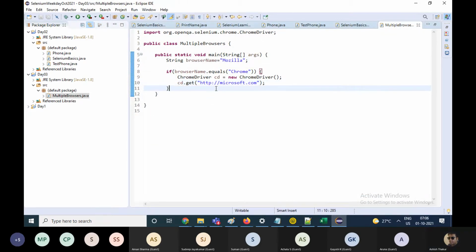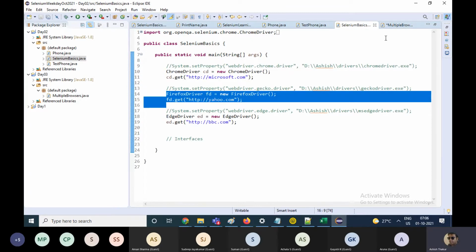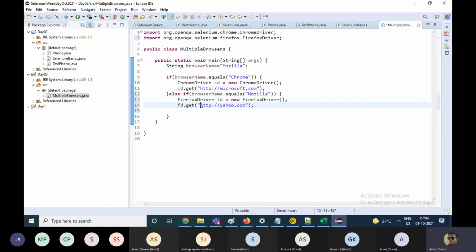Then you can put an else statement. Else if the browser is equal to Mozilla, then you can launch the Firefox driver and take it to the website. Suppose the website we want to go to is Microsoft.com.